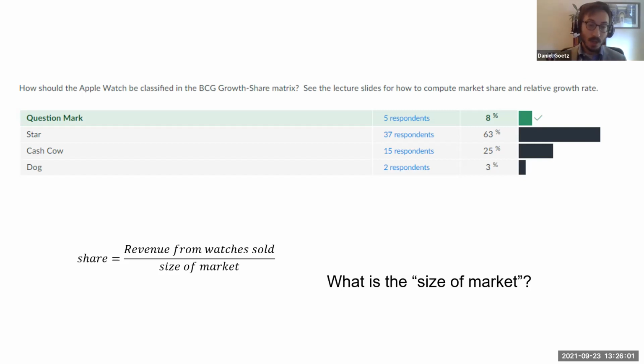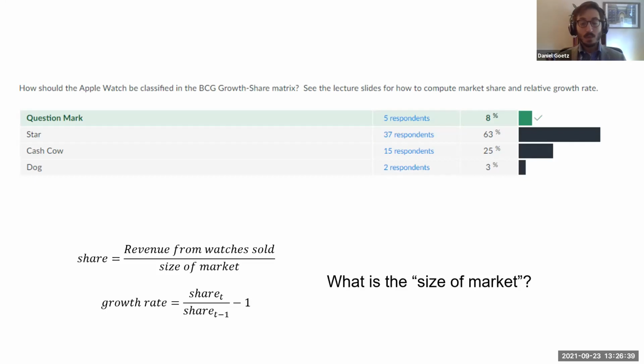And Kelsey says, if the functionality of smartwatches is already at its peak, does that mean the growth for the market is low? Yeah, so in general, for a mature product that doesn't have much innovation, the growth rate for the market tends to be slower. But again, it depends. Do you think that the Apple Watch and smartwatches in general have peaked, that they're doing as much as they can do right now? Or do you think in the future they might have extra functions that people really value?